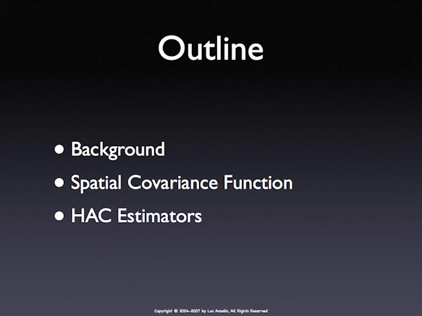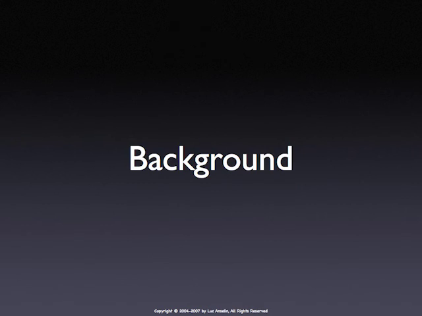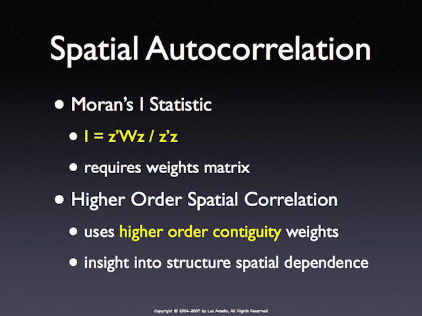So the background is spatial autocorrelation, and we all know Moran's I, and Moran's I requires the specification of a weights matrix, which is typically first order contiguity or some distance band and so on. What if we're interested in how spatial autocorrelation changes with higher orders of neighbors, higher order contiguity, or different distance bands? With the right kind of assumptions, this might give us some insight into the kinds of spatial models that are behind the data. So what kind of spatial process? Specifically,